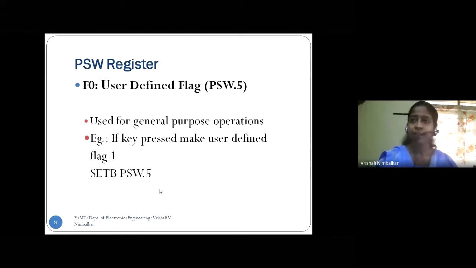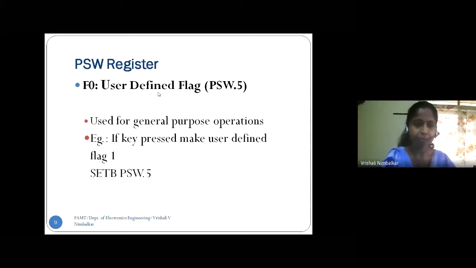Okay. Another example I can give is, this is what we normally do. If there are multiple functions written in the program, whether I am inside a function or have come out of that function, that can be indicated by the flag. As soon as I enter any function, I make the flag bit 1. And when I exit from the function, I make the flag bit 0. So whenever I enter into another function, I check whether I am in some other function or whether I have exited the function. Is that okay? Fine. So that is how I can make use of this flag to indicate some event or to indicate some operation is going on.